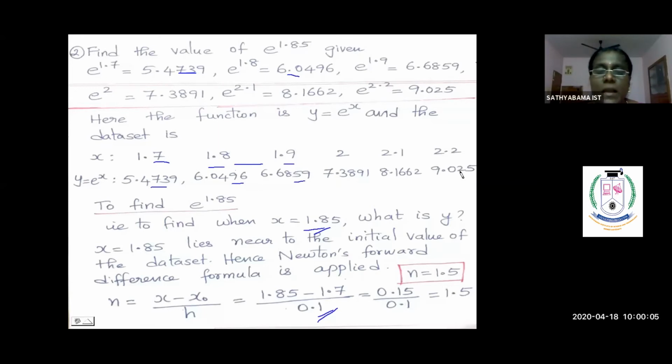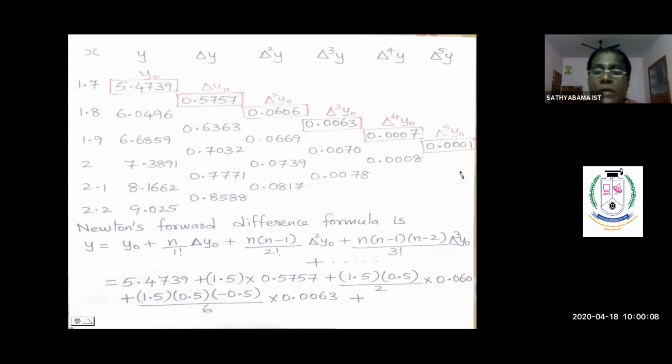Okay, now we are going to construct the forward difference table. Now you see how the initial y values are given. They are decimal values and they have been given in the problem up to 4 decimal places. So when I do simplification also, my answer should be up to 4 decimal places. I should not approximate to 2 decimal or 1 decimal place because it may cause a loss. That is, your value will not be close to your exact value.